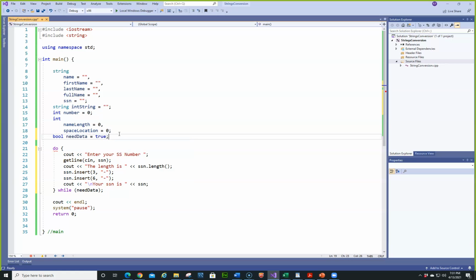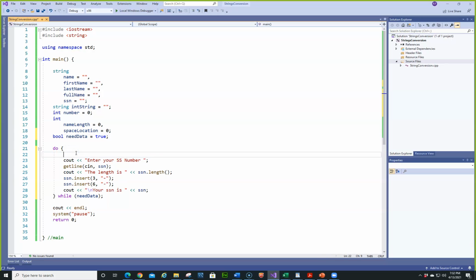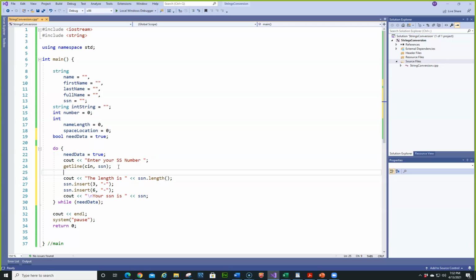So we have this here. Just to be on the safe side, we're going to put the need data here equals true. We could have put it outside the loop, really doesn't matter. So we're entering our social security number, and the first thing we're going to do is getline in here. Then we're going to do if